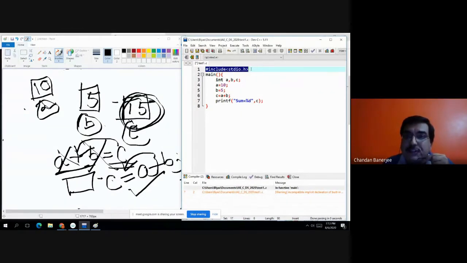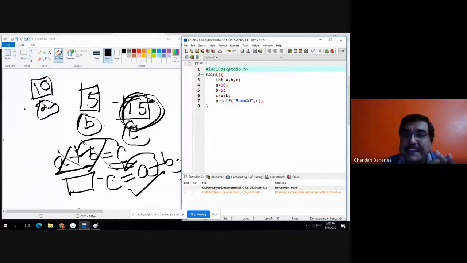The .h indicates it's a header file. In C programming, there are 32 header files. And in C++, there are 101 inbuilt header files. I am talking about Turbo C, okay? So here we are including stdio.h in our program.